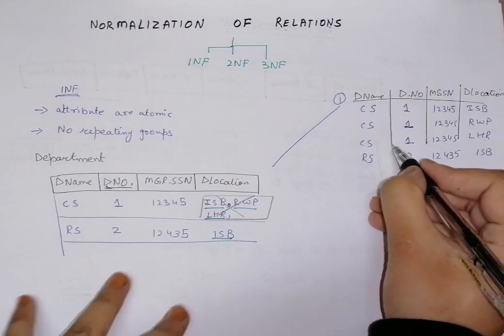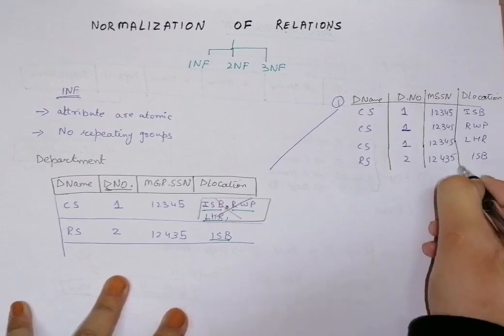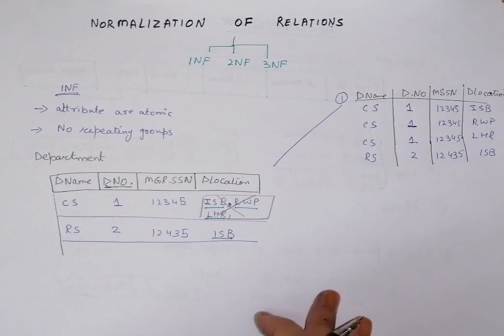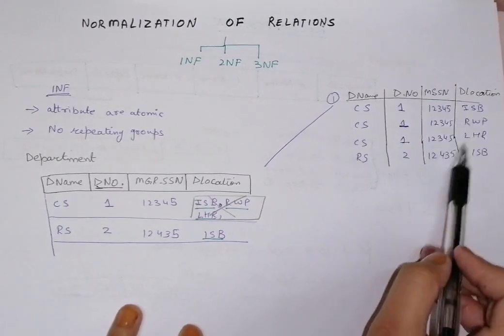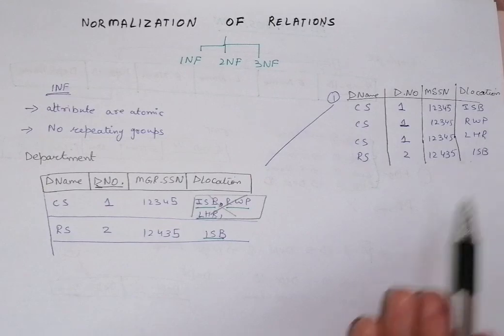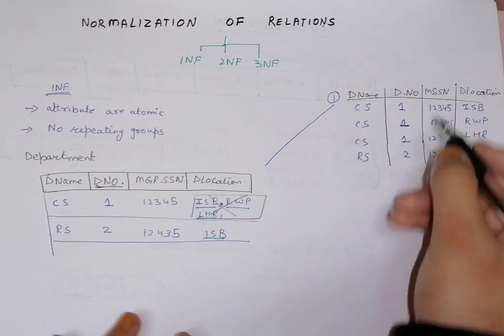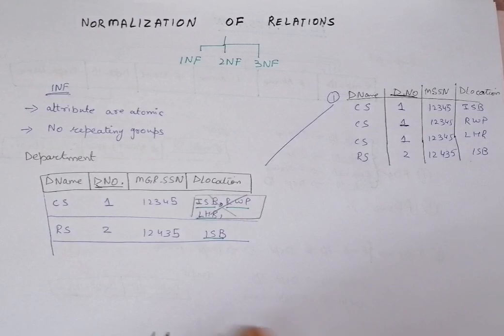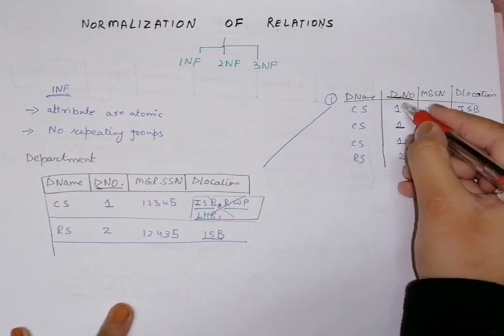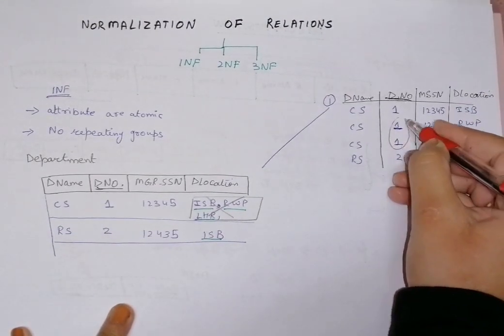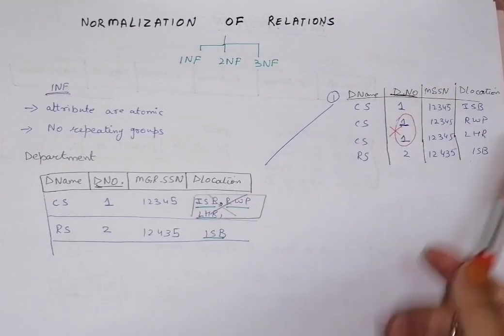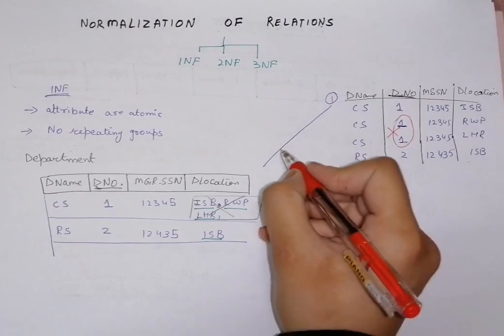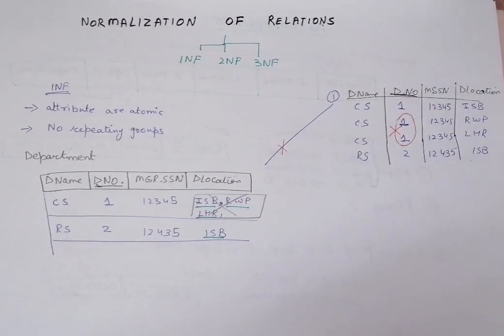So in this way of dealing with the problem, I have created different rows for it, whereas this is not allowed. One of the main reasons is that department number here is a primary key, and we cannot duplicate the primary key. Technically your DB does not allow you to insert these 2 records. So we cannot do this. I'll write a cross over here, we cannot go with this approach because we cannot expand it like this.